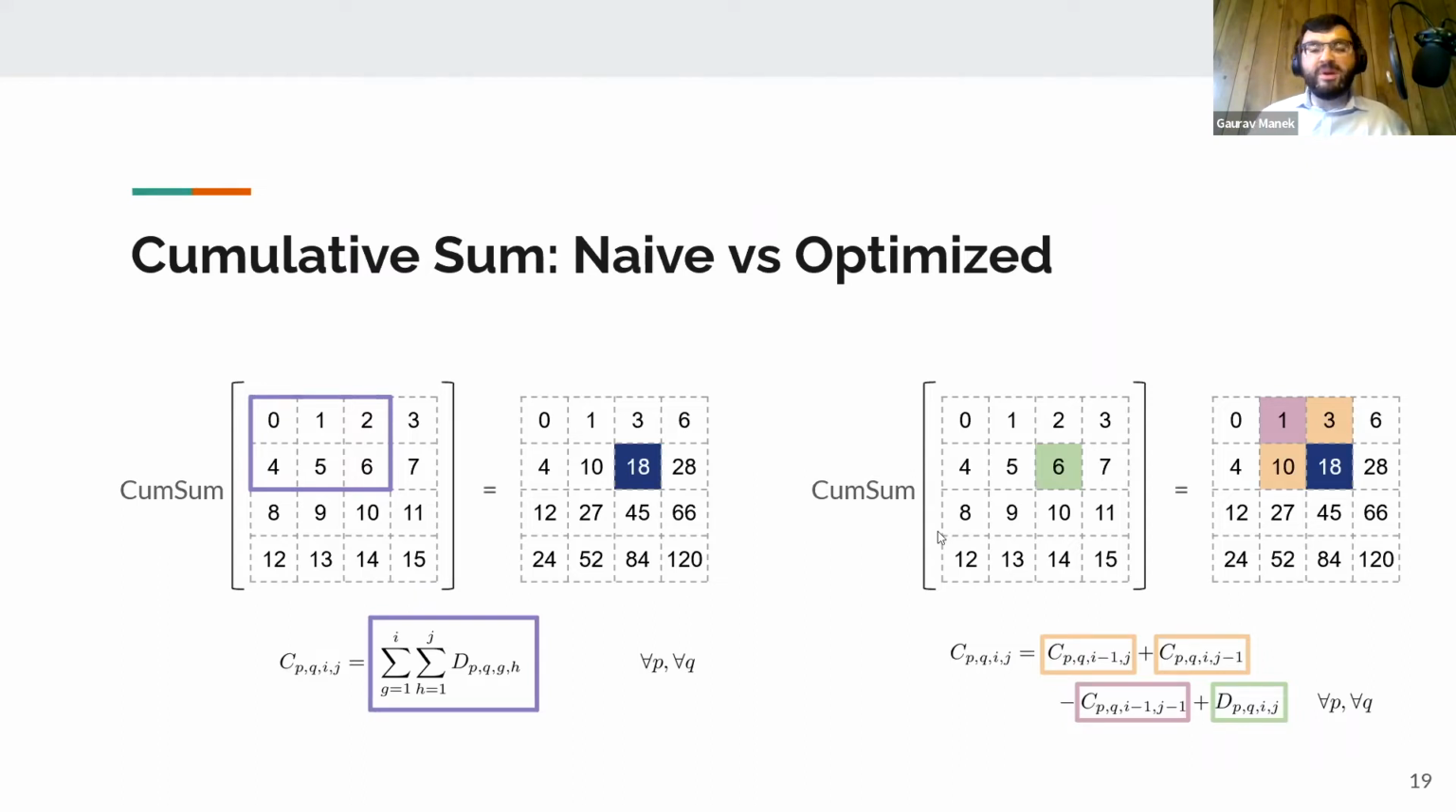The notion of a cumulative sum is that for each cell, the cumulative sum at that cell is equal to the sum of all values to the left, above, or both of that cell. Or this cell stores the result of this sum over here. And this looks at first like a relatively complicated operation to perform, but there's a linear time algorithm to perform this